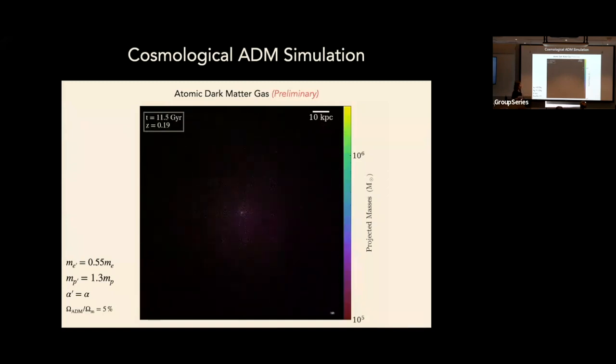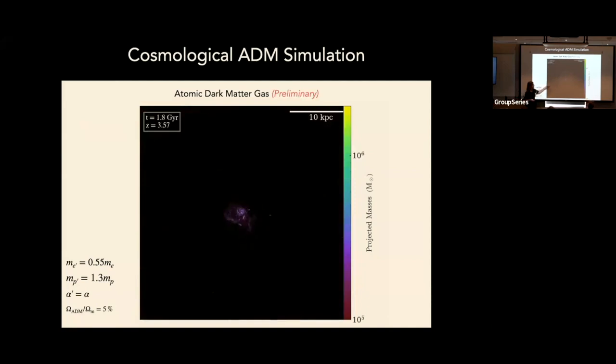What's happening here is that as the atomic dark matter gas collapses to form a disk, that disk is rotating, but it's going to continue to fragment, and the gas is going to continue collapsing. There's no additional feedback in this, because we don't have any stars, we don't have any supernovae, we don't have any dark supernovae exploding or anything like that. So that rotating dark matter disk ends up fragmenting away into dark clumps that you don't see in this particular movie, but the rotating disk part of it just vanishes.